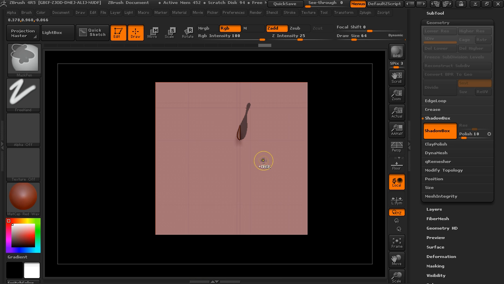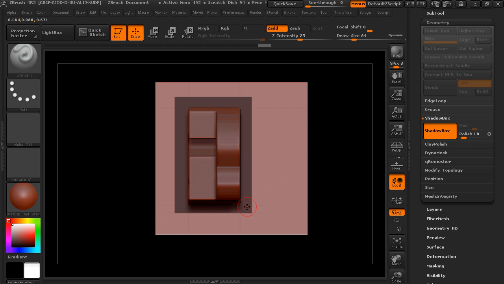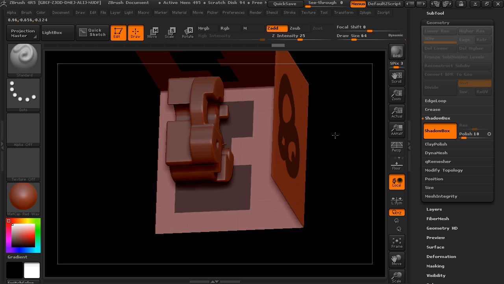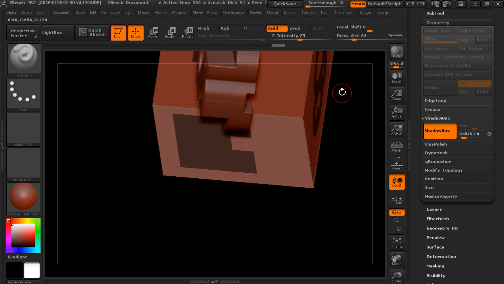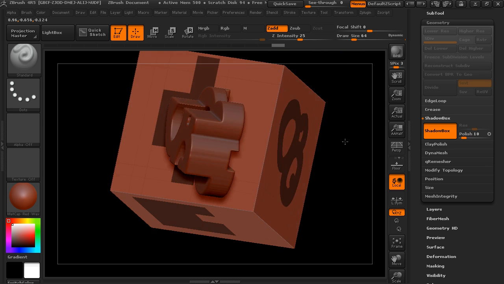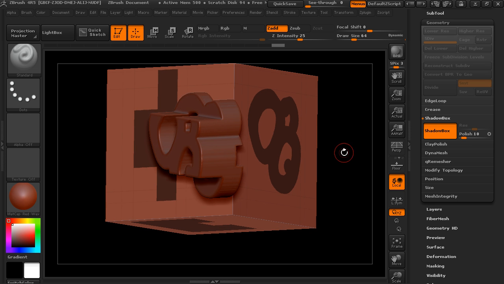So we could come in here from the top and create a mask, and then maybe take out part of the mask coming in from the top, and move it over like that. And so you can really start to see the intersection of how all those masks work together to create that geometry. Okay, now once we're done, you can go ahead and turn off shadow box, and then